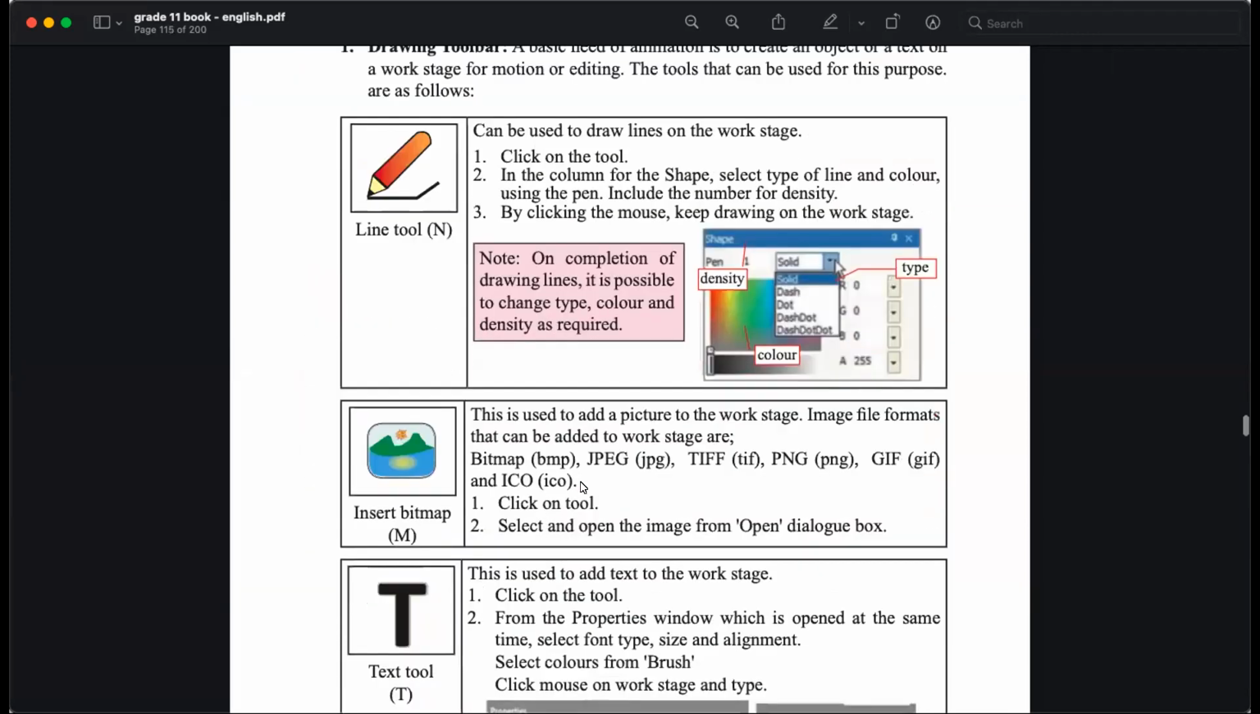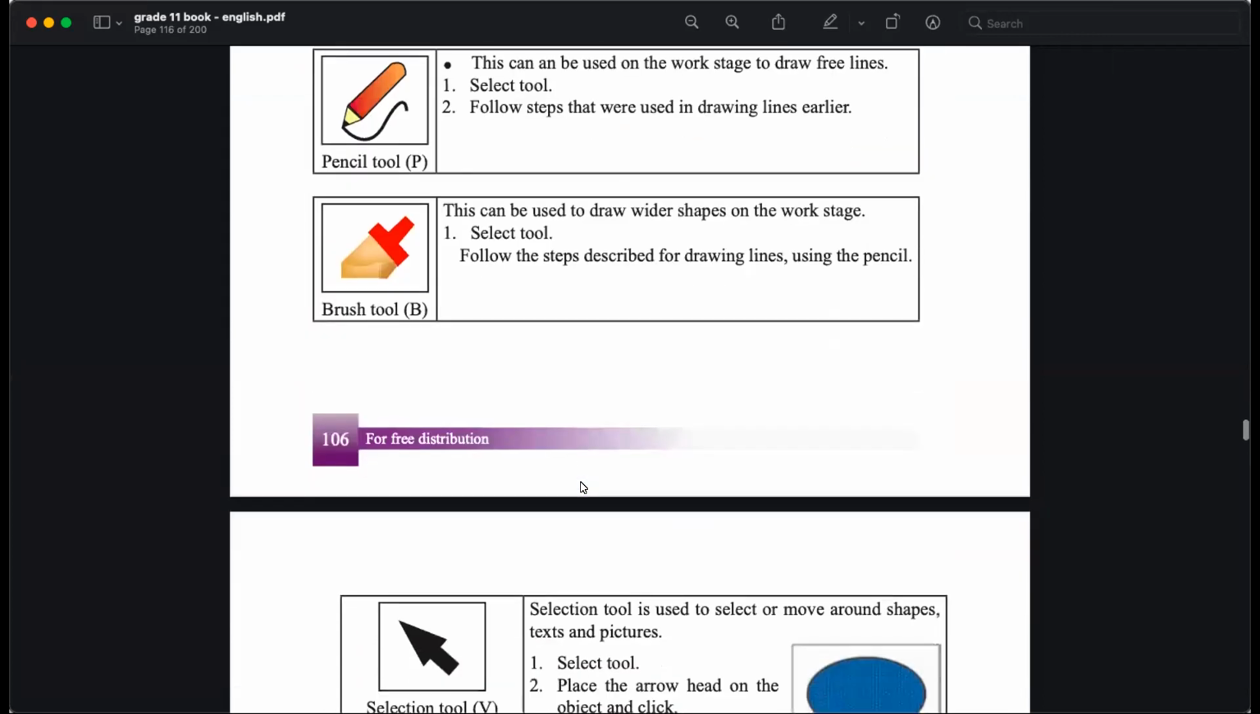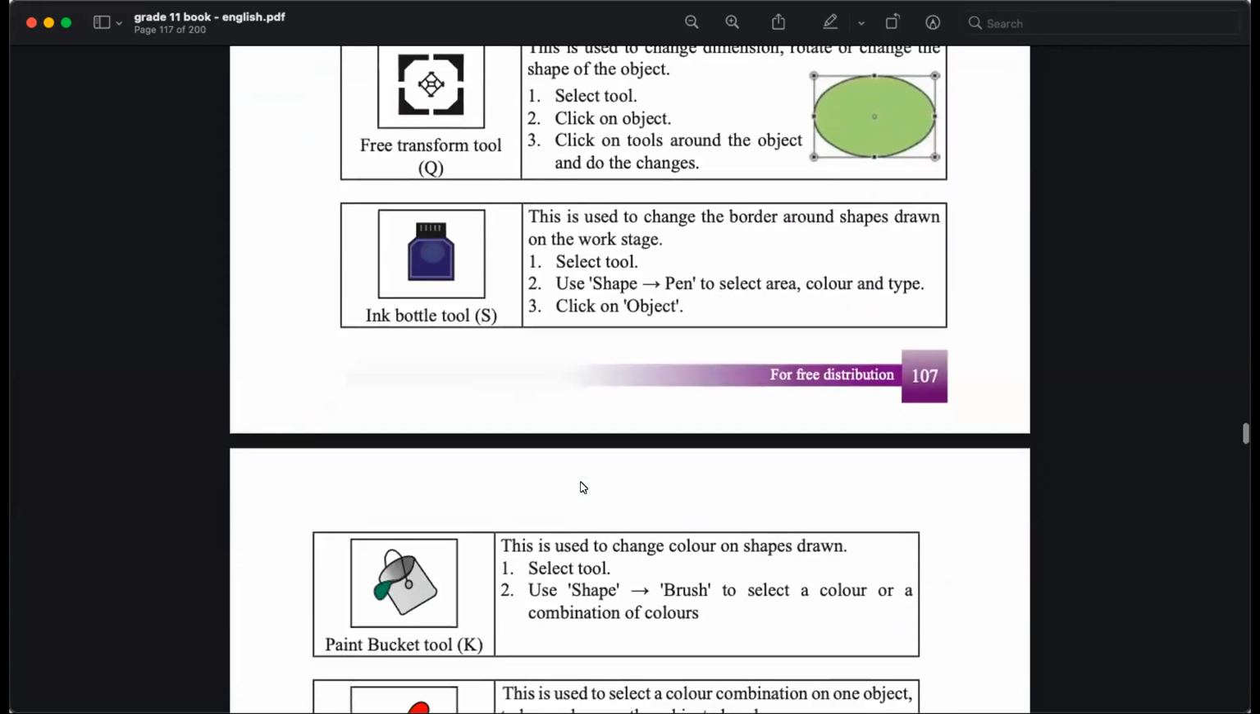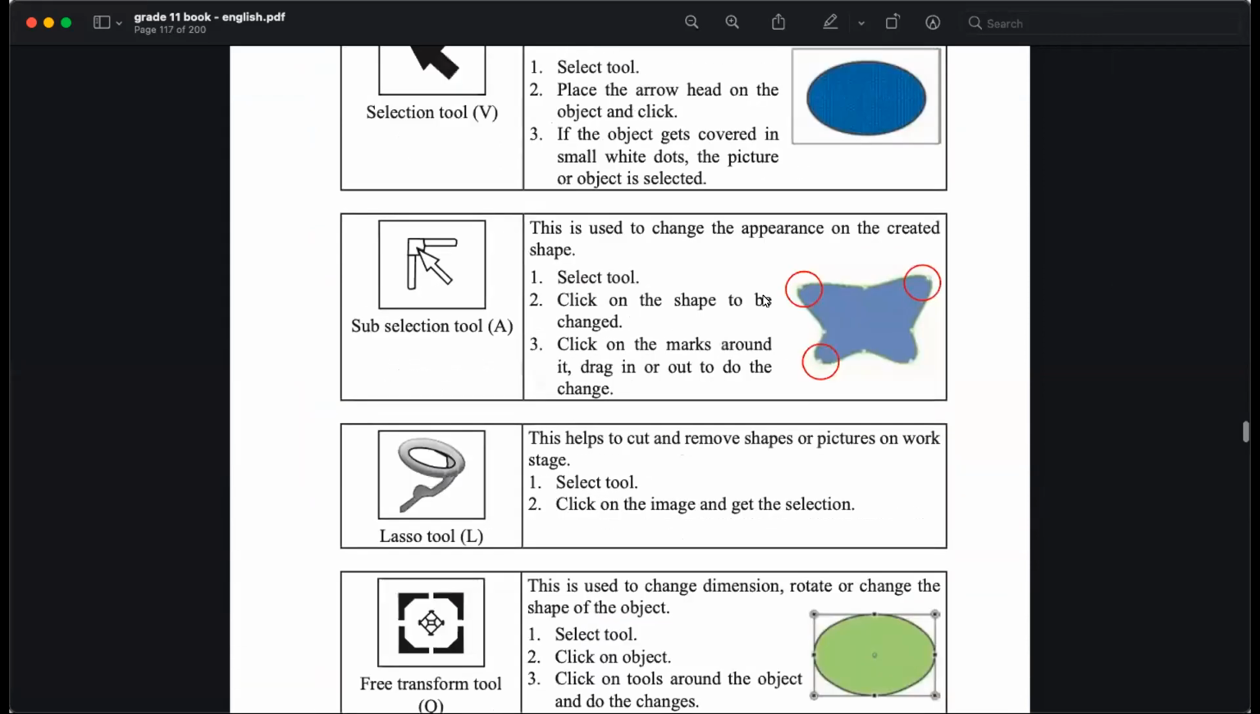So we learn about these tools. We learn about all these tools, and we learn how we can change these. Actually, if you use the sub-selection tool, you can move this ellipse, actually create this ellipse and